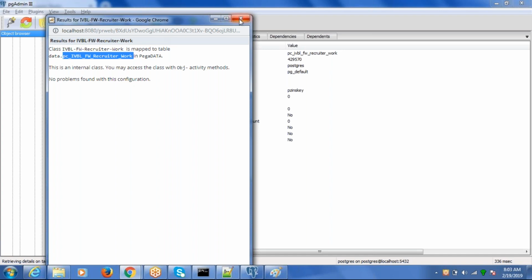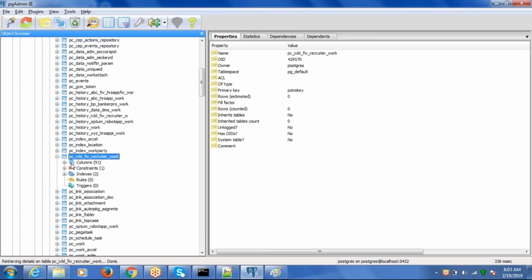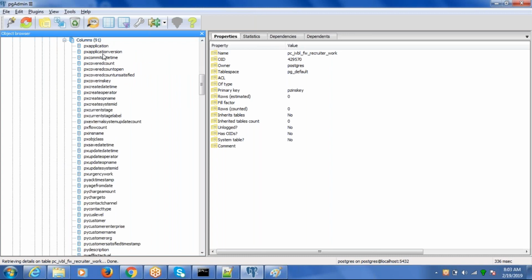In this way, the table is created, and it has certain columns. There are 91 columns here. Most of these 91 columns are related to PX and PY columns, which means Pega will maintain these records.